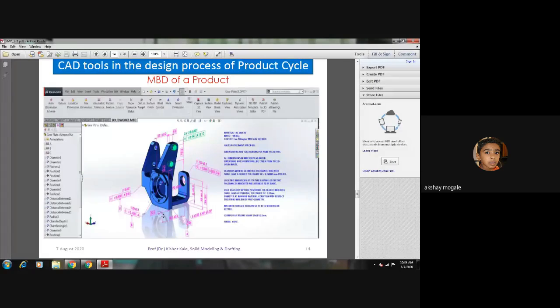So all that information which we discussed in the last PPT or slide would be reflected here. This is SolidWorks MBD, just a screenshot from SolidWorks. You'll find all this information incorporated in almost all the software used for modeling purposes. So you should just know what MBD is and what it includes. That is what I am expecting from this.